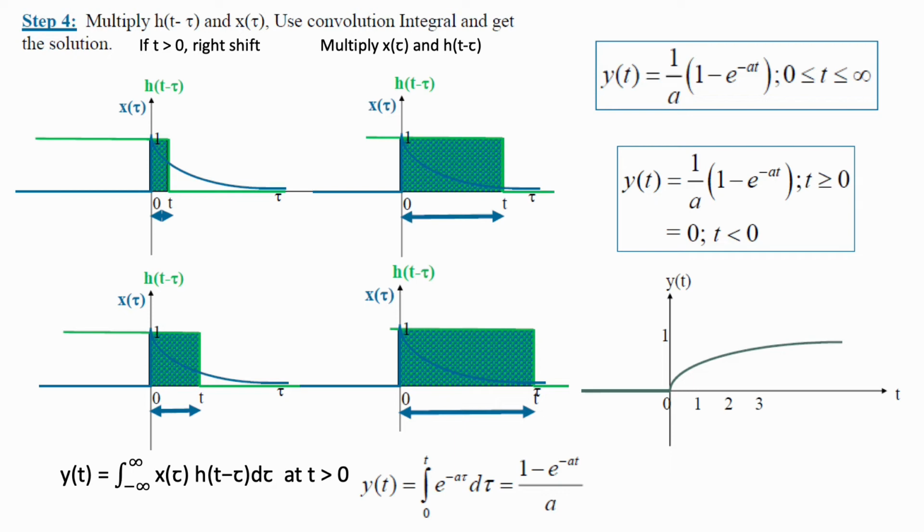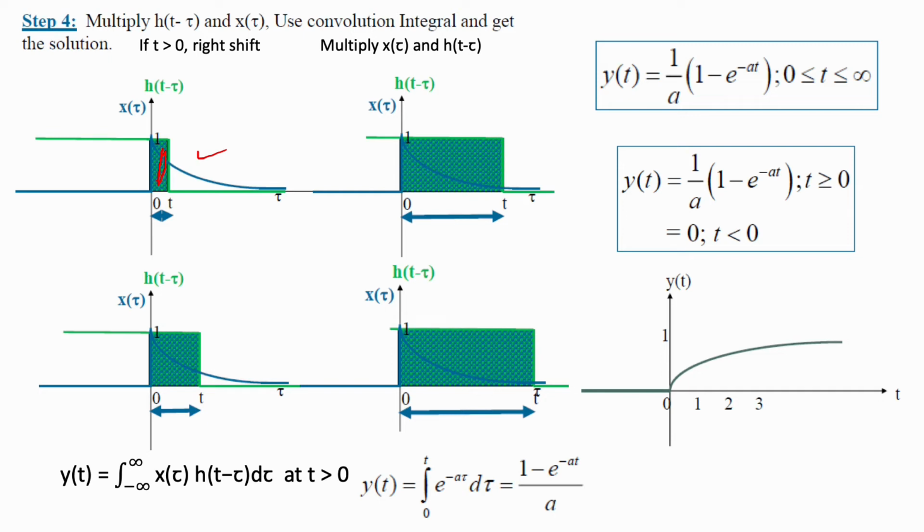The blue color represents x of tau. The green color represents h of t minus tau. First, I am keeping t at this portion. The shaded portion is nothing but the common area between both